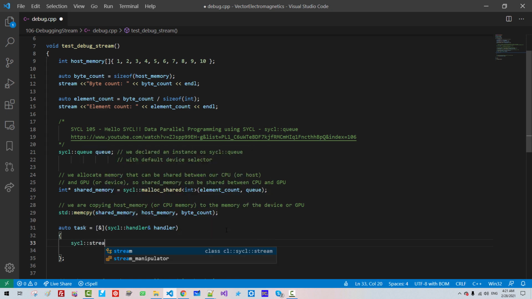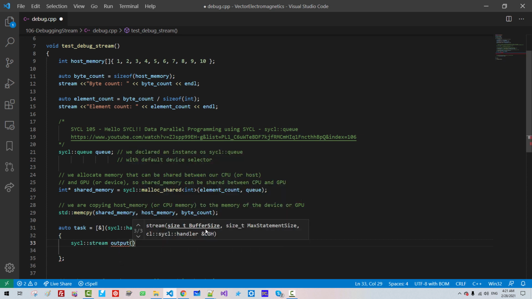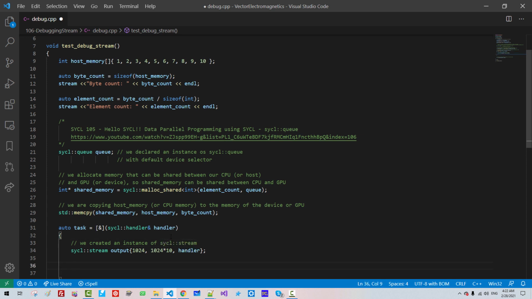SYCL stream output, we provide buffer size, 1024, 1 kilobyte. 1024 times 10, then handler. With this handler, we created an instance of SYCL stream. Now here we use this handler